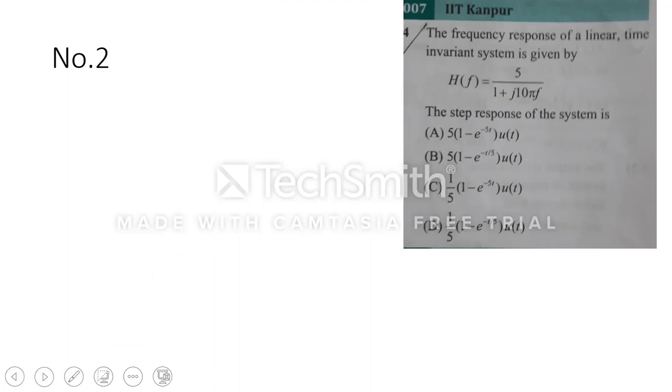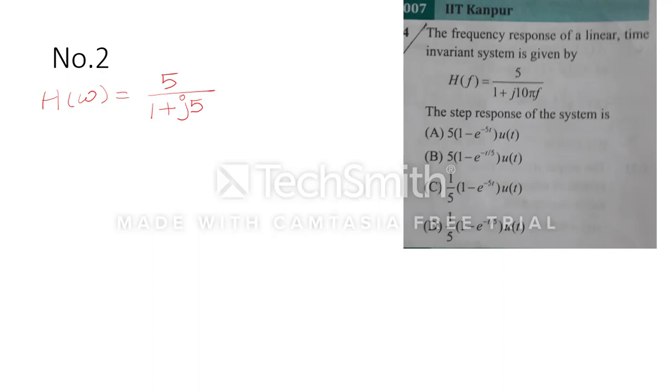Now the next question: the frequency response of a linear time invariant system is given here, and they are asking for the step response. It means they have given an impulse response. So first of all, they have written it in the frequency domain, so we will try to write it in omega form. If we write it in omega form, we will get 5 upon 1 plus j, it will become 5